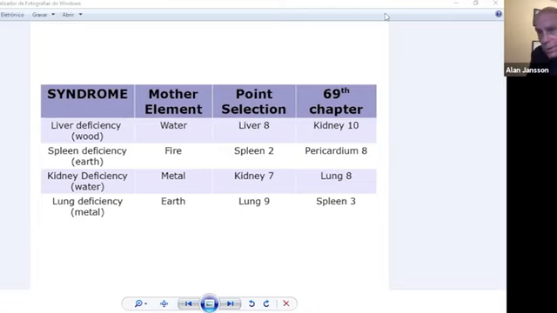So obviously very powerful in tonifying the lung, because it has a number of different factors that contribute to the building and the strengthening of the lung meridian and organ. And the earth point of the earth meridian, and again a yuan source point, is spleen 3. Spleen 3 is probably a little easier to needle painlessly than spleen 2, but nevertheless it requires some skill. And a little bit down the track, we'll go into the needling skills. Just at the moment, I would really like to focus on these fundamentals of understanding.